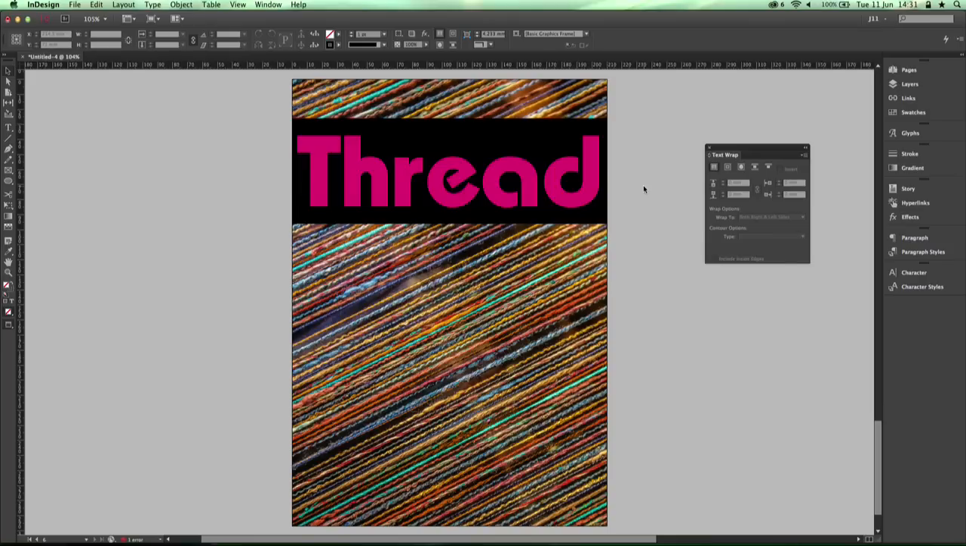Now, as I mentioned before, you could, in theory, convert that text into a path, and then you could use that same technique of pasting the image into the path. But here we want to actually maintain the editability of the text. So we're going to again use the effects panel, the effects options. So we select